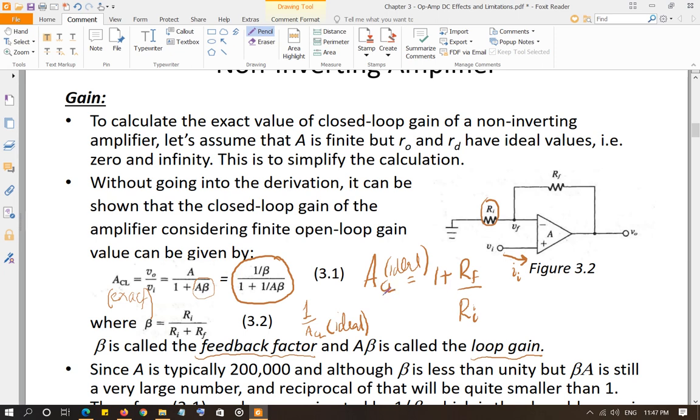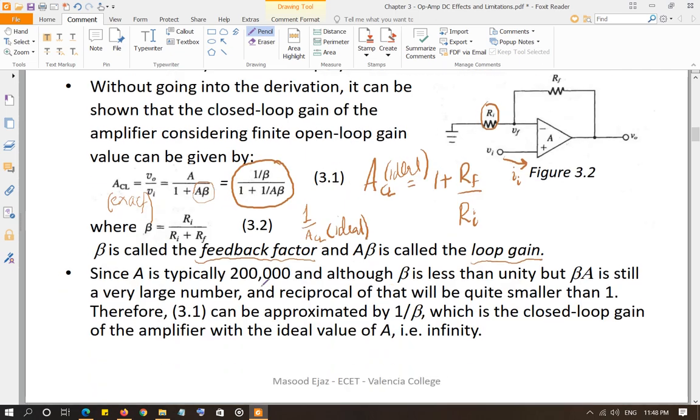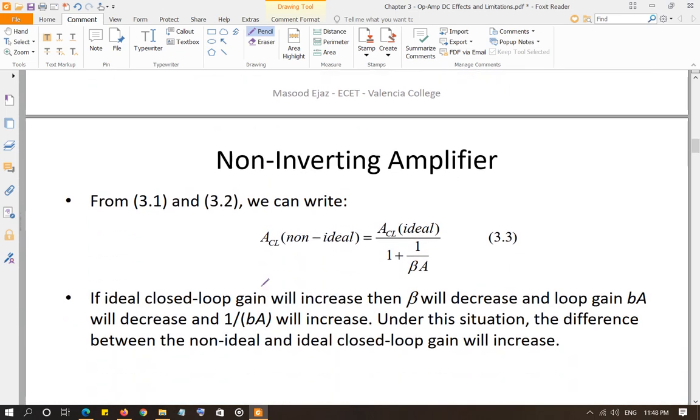So is there any point of using the exact expression when your values are so close? I don't see any point, and as you will see, you're not going to see much difference either. But in any case, this is the ideal or exact equation. Let's move on to